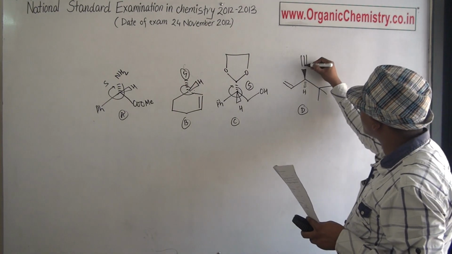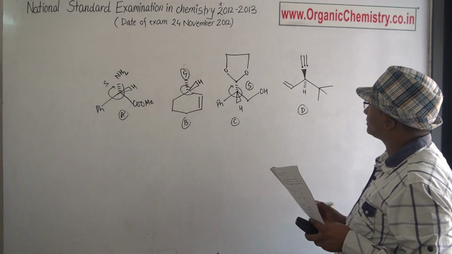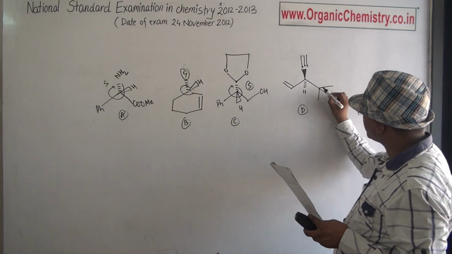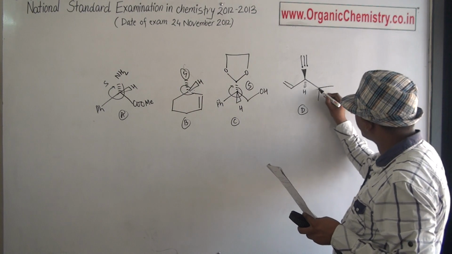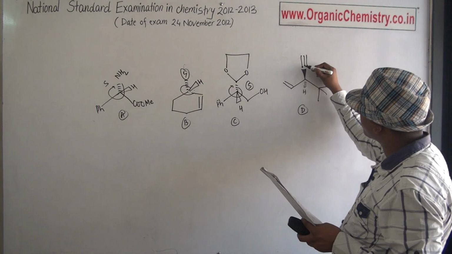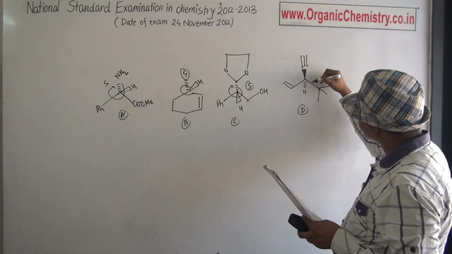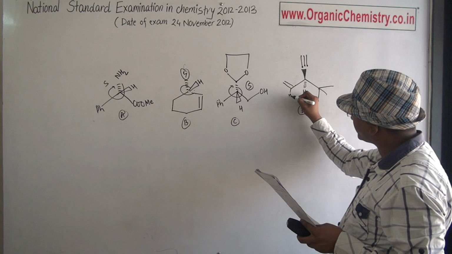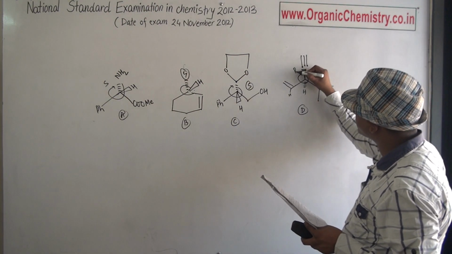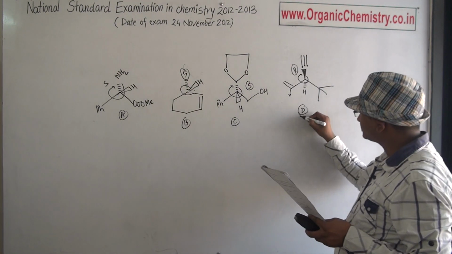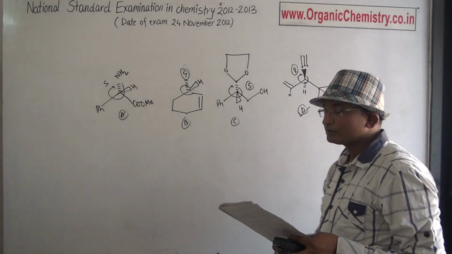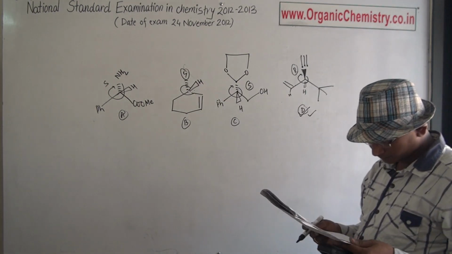So here, carbon is attached with carbon and carbon. And this again carbon is attached with carbon. But in this case, carbon is attached with carbon, but carbon is attached with hydrogen. So this is given first priority, the first, second and third, because it is attached with hydrogen. The configuration of this is R. So the answer is D. Which of the following compounds has R configuration? The answer will be D.